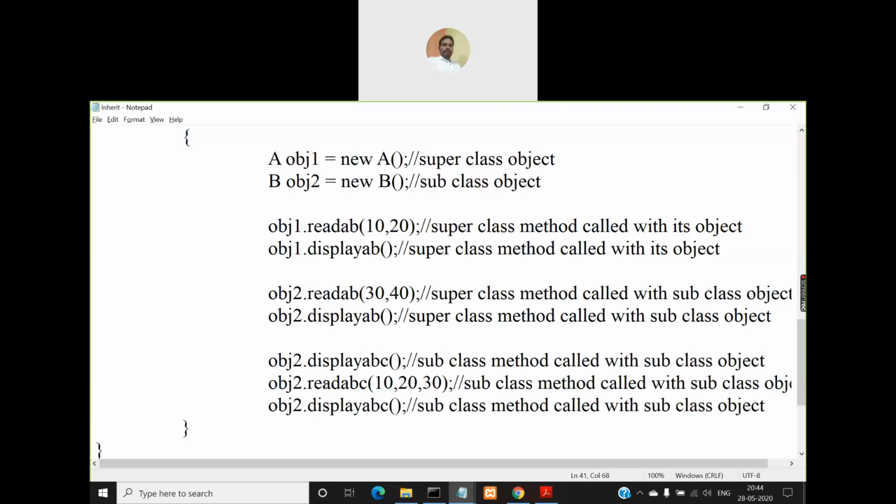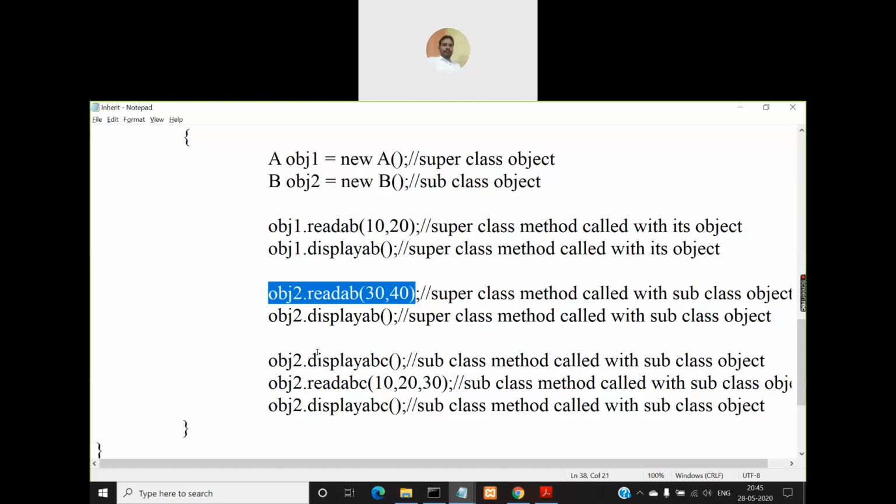After I make a call to read ABC, the A value will be 10, B value 20, C value will be 30. But before I make a call to read ABC, earlier you have used the read AB method of A, which initialized the A value with 30 and B value with 40, but there is no C value.